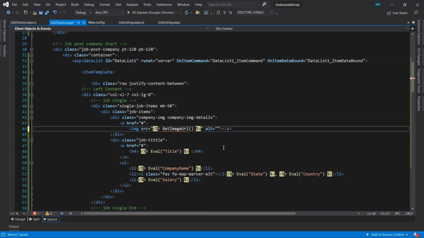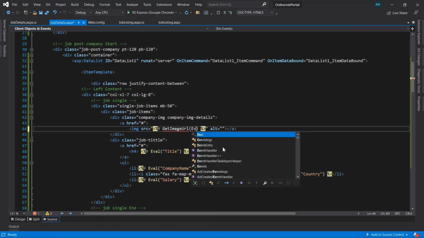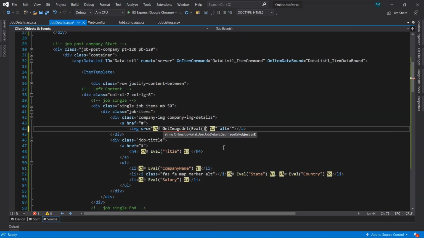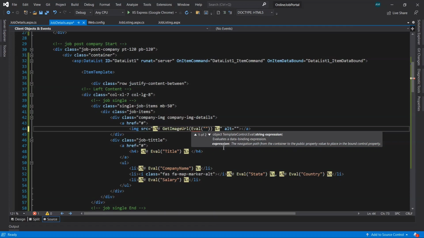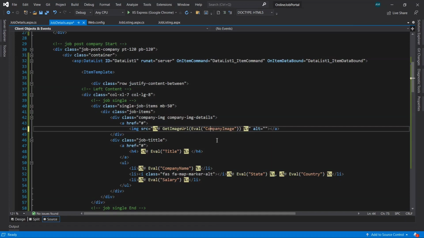Here we'll take the Eval function. Okay, because we need to pass the column's data from which column we are going to get the image path. So let's take double quotes and give the image path column name, that is CompanyImage.